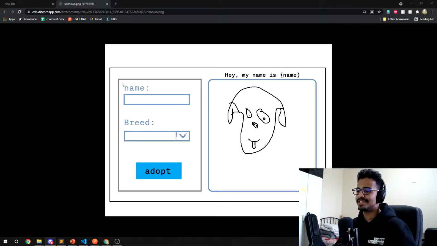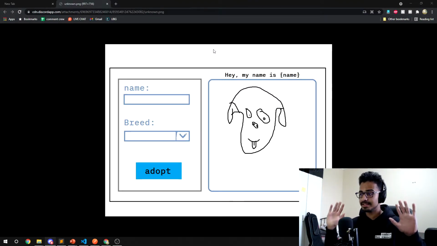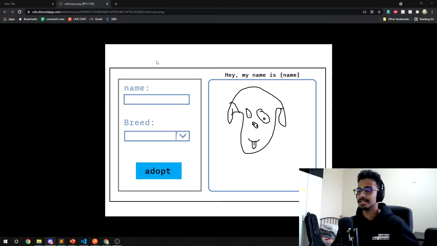Okay. So it's not gonna look anything like this. Don't get scared. The website's gonna be somewhat like this. This is just the layout, the planning. It's gonna be a form on this side. We're gonna have a field for the name, a field for the breed where you can select the breed. It's like a drop down, and you press the adopt button, and then it fetches the image from an